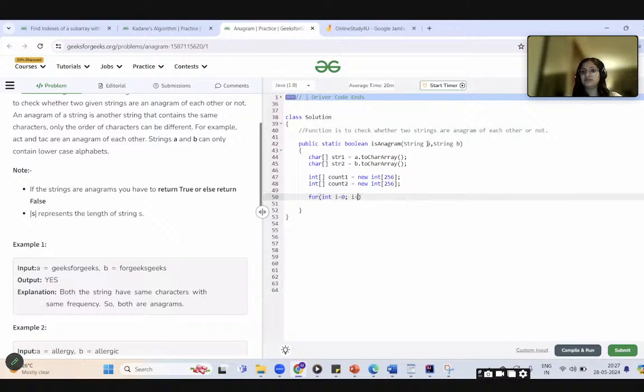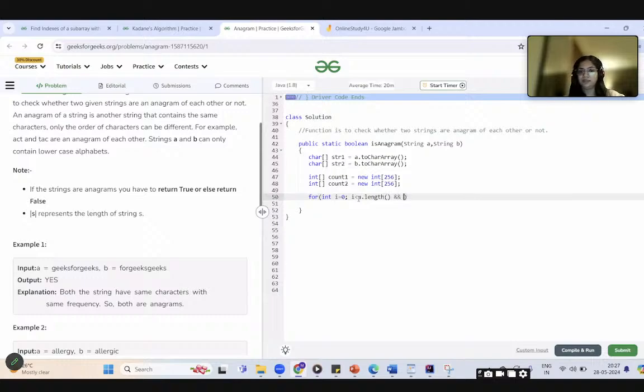Now we are not sure whether string A is smaller than string B or string B is smaller than string A. So we have to check whichever is smaller between both of them, we have to iterate till that length only, right? So I will put the condition here as A dot length